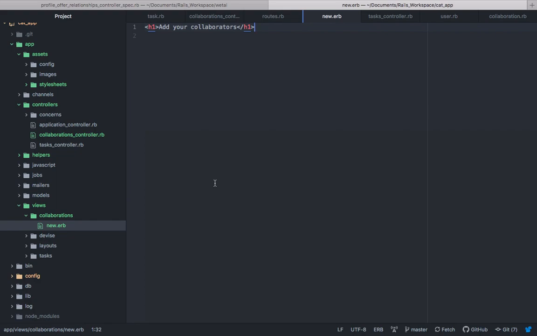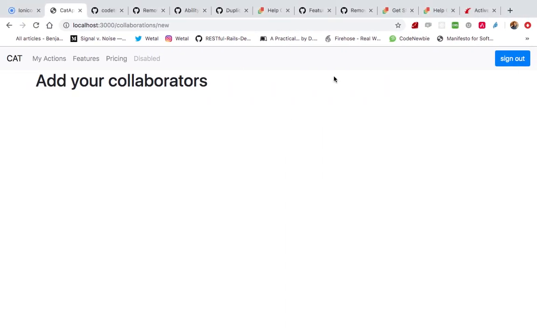I'm thinking of a way of doing it visually, but basically what I want is a select where I can select, maybe, well maybe not there,